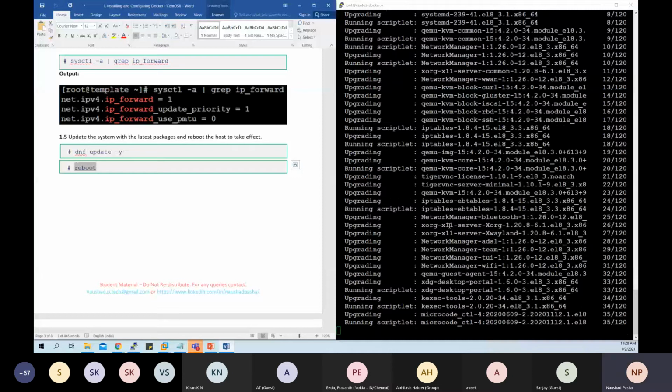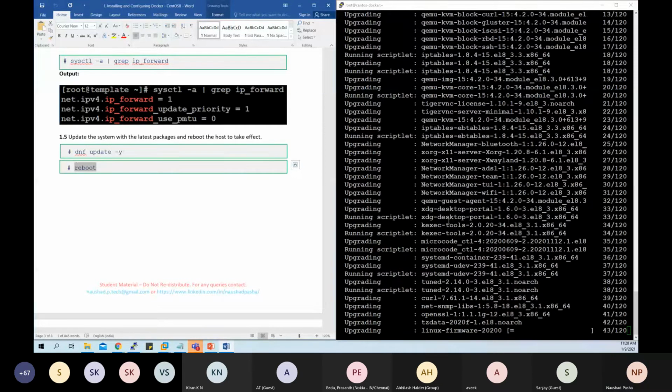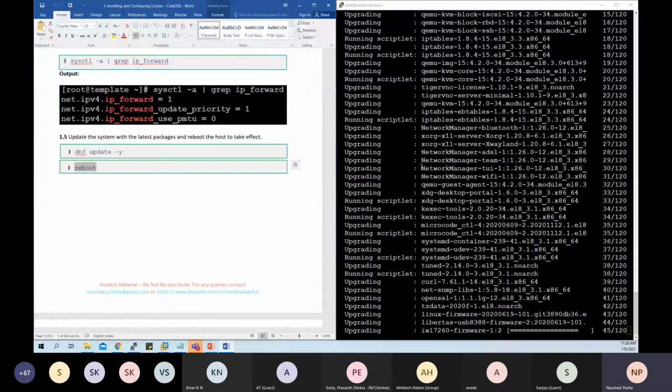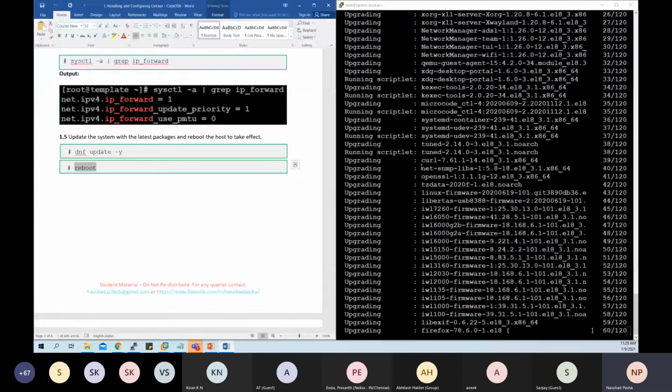There are around 120 packages getting updated. So before we install any applications, we always recommend ensuring the server is updated with the packages. It would take a minute or two.